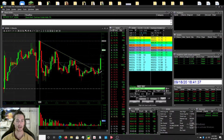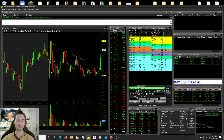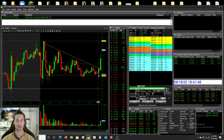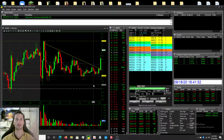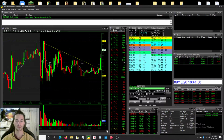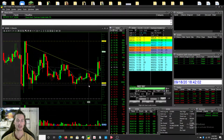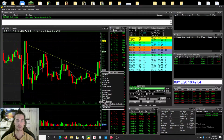Anyway, so KODK here, I noticed that we were totally coiled up into this descending triangle pattern, and around lunchtime we broke out, and this is during the SAVA trades. I went over all those SAVA trades first, so these aren't in chronological order anymore. They kind of happened in between each other. So we broke out here. We were holding above VWAP, and I decided to take a stab here on a pullback to VWAP